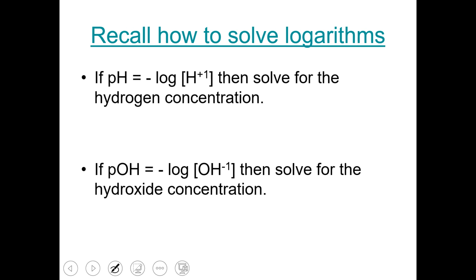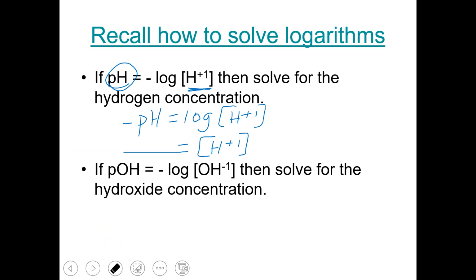Now, we can also solve our logarithm where if we know the pH value, we can find the hydrogen ion, or if we know the pOH, we can find the hydroxide ion. To do that, we have to solve our logarithm. I'm going to multiply both sides by negative 1, so that I have negative pH is equal to the log of the hydrogen ion. To solve my log, I take the antilog of both sides,